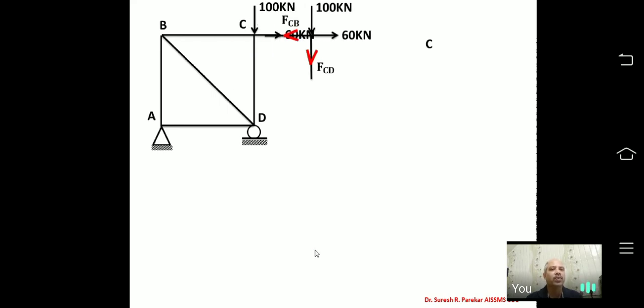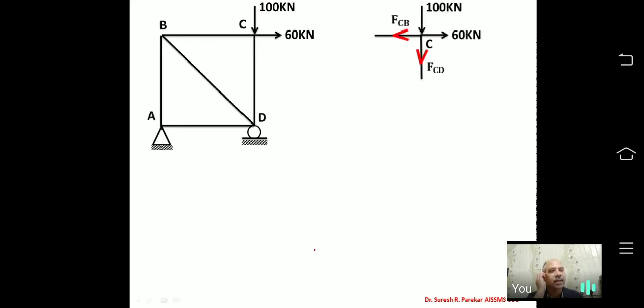So now I will go to the joint C, and at joint C we have these two unknowns FCB and CD. Again we will assume these as tensile. While assuming member force, we have to consider tensile, but while taking from the joint, we have to take it as it is, that is compression or tension. But while considering any joint, we should not have any negative value of the force. That magnitude you have to consider always positive at the joint.